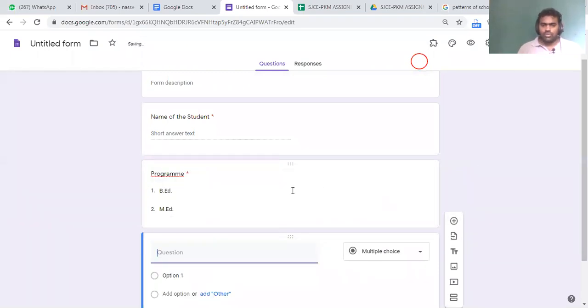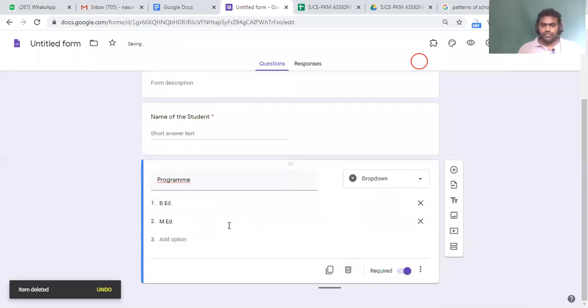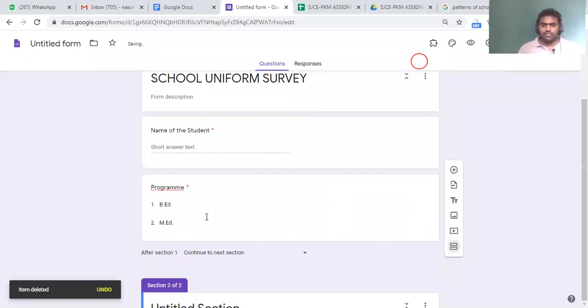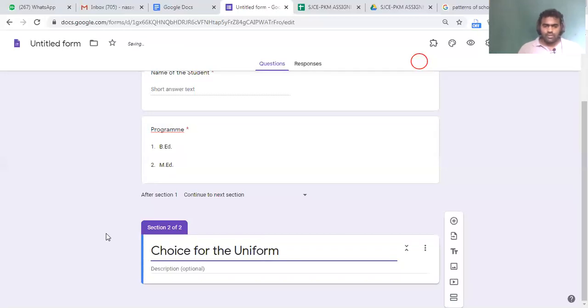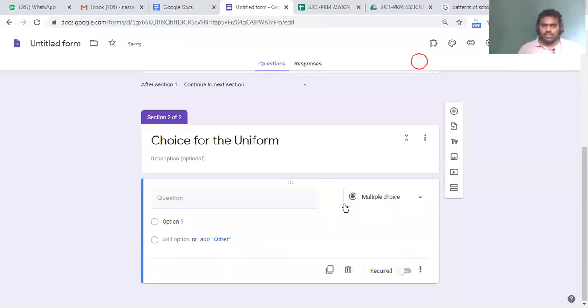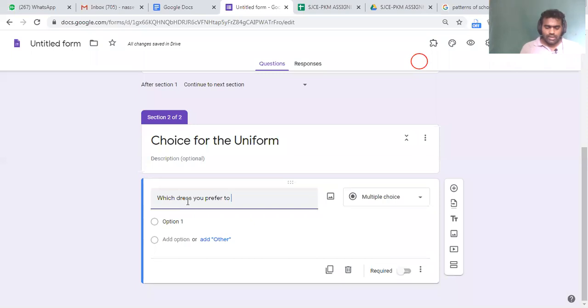Then I'm coming to, I'll make a section like choice for the uniform. I'll click here, which dress you prefer, ask your uniform.